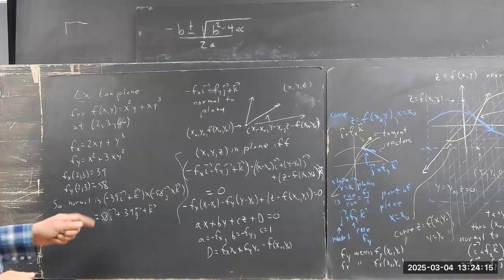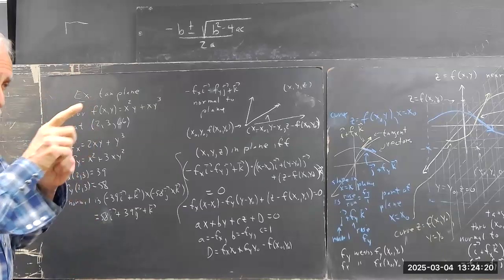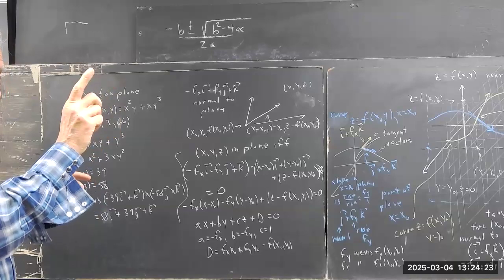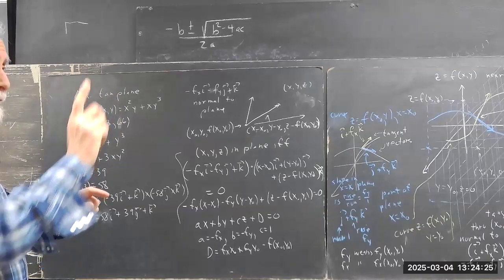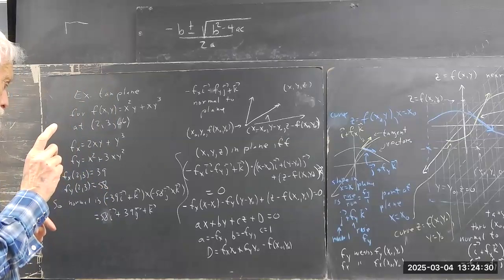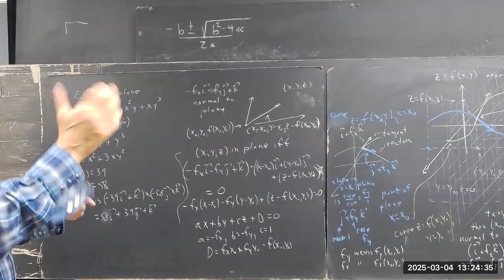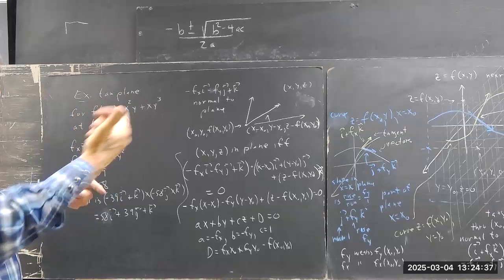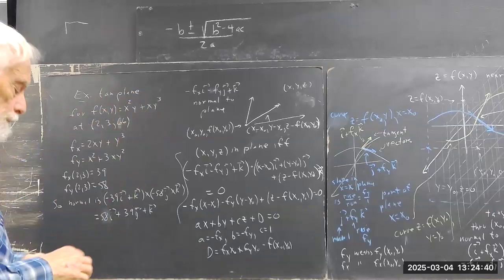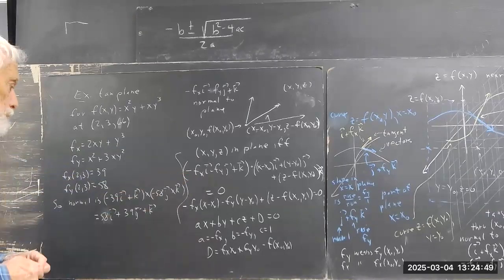It's going to be a pretty flat vector because both of these tangent vectors are pretty steep. So if I take a tangent vector that's steep this way and slightly in this direction, with a tangent vector that's steep this way and slightly in this direction, they give me a cross product that's pretty flat, but it's out into the first octant. So the normal is this. So the equation of the plane is